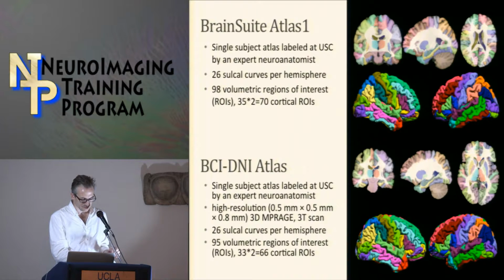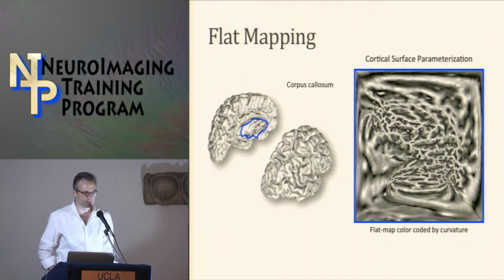So those are the two atlases, and as I mentioned, you can customize them or you can create your own. We have tools for building your own atlases that are available separately from our website. So the method that we use for doing the registration is based on flat mapping, which is a technique that's been fairly widely used